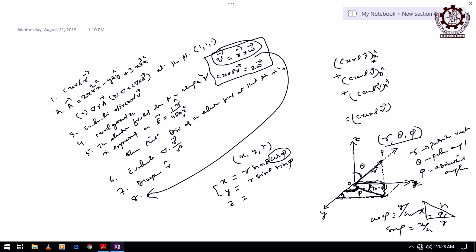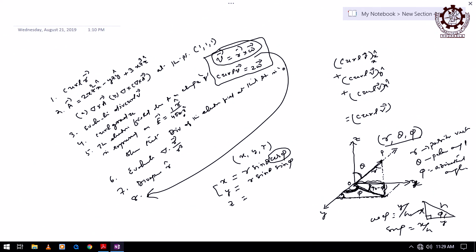According to this diagram, it will be sin. According to this diagram? Now why and how? That tells which length you have to multiply to get the value of x. If you take this value, this is phi, then cos phi refers to which one? This side. No, adjacent side, because this angle is 90. Sir, hypotenuse will be r sin theta.